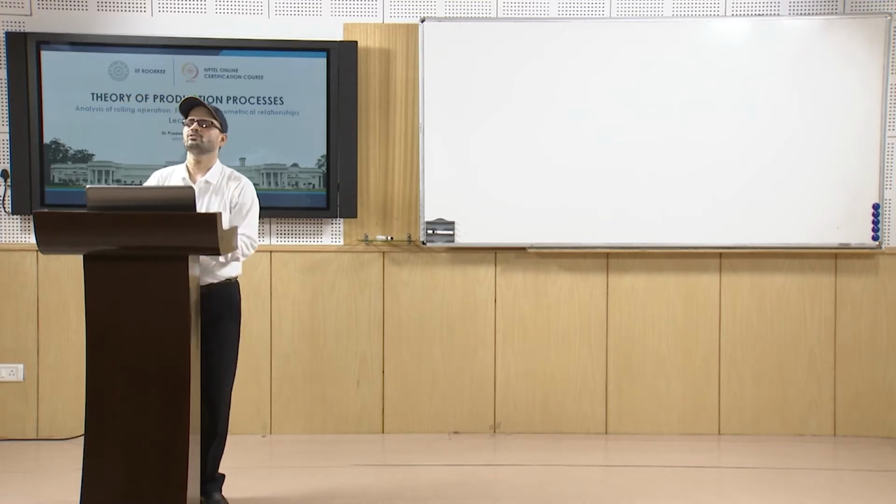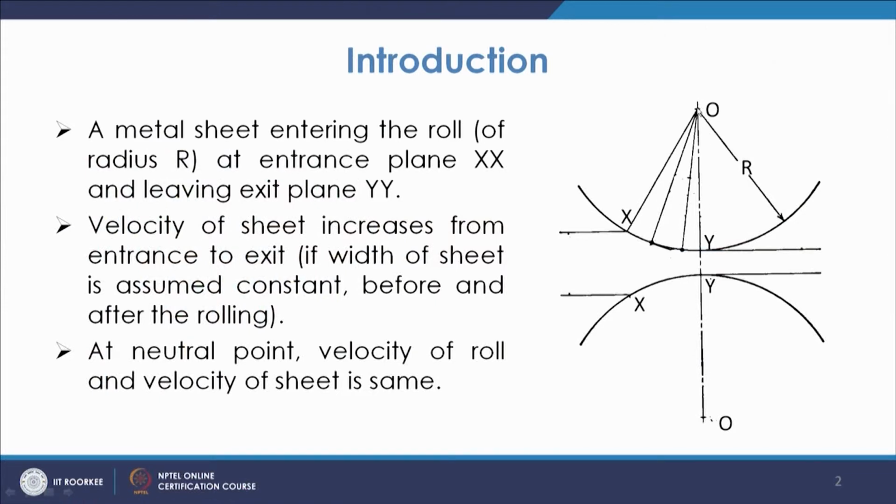the strip will be coming in with a width here. This will be the width initially, and then this will be the final width. As we see, there are two rolls, and O is the center of the rolls. This line is the line meeting the two centers. Then the strip, suppose we take the initial thickness as h naught, the strip of thickness h naught will be